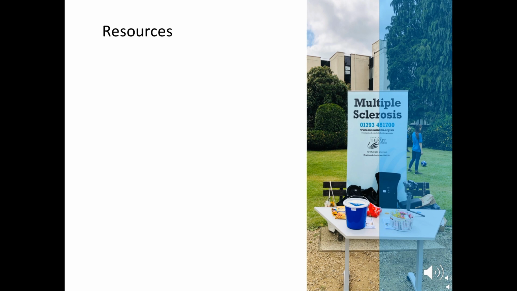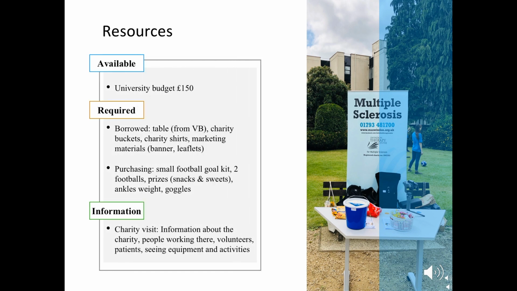The third activity was identifying the available and required resources. What was available was £150, which is a budget given to us by the university. What else we had were a table, which we decided to borrow from Virtue Building, charity bucket for money collection, charity t-shirt, and marketing material, such as banners and leaflets, which were all provided to us by the charity. For the game, we purchased 2 footballs, 1 small football goalpost, ankle weights, vision blurring goggles, and some prizes, from